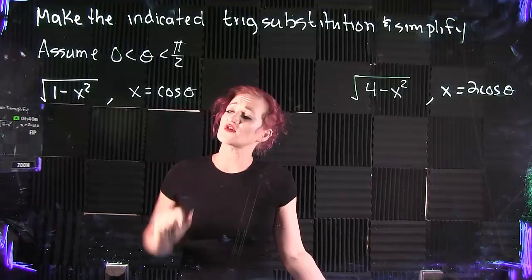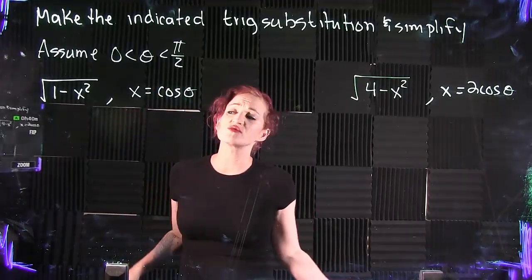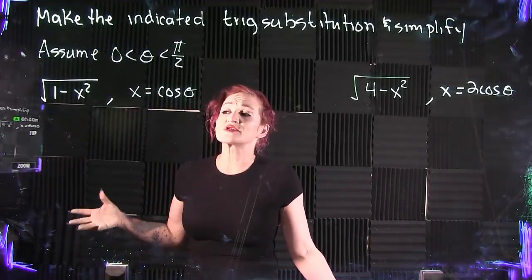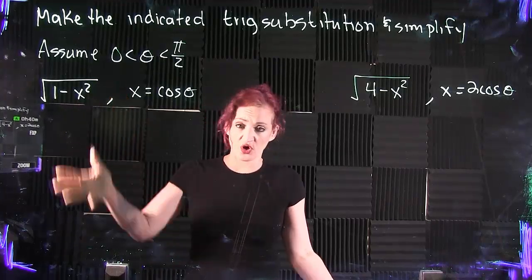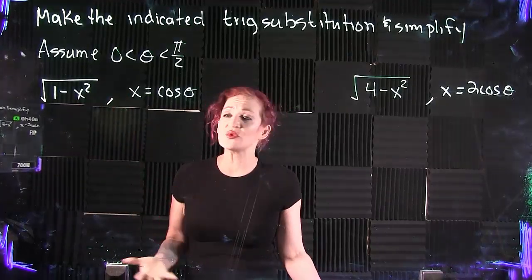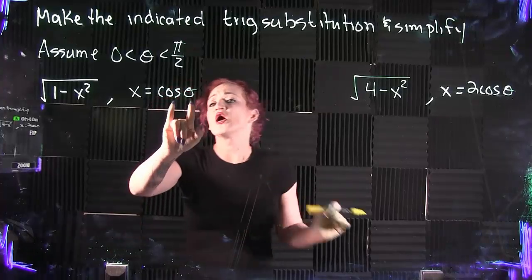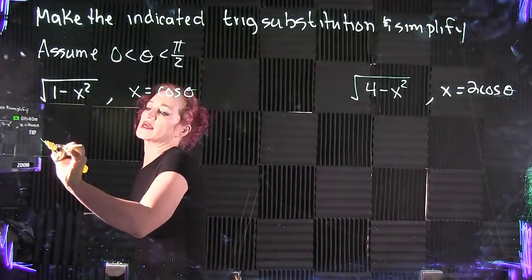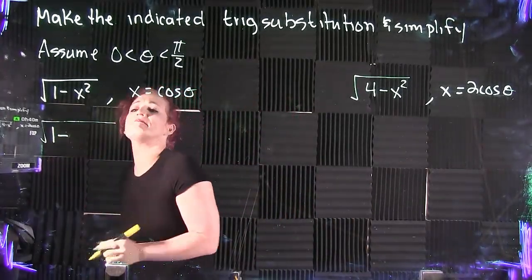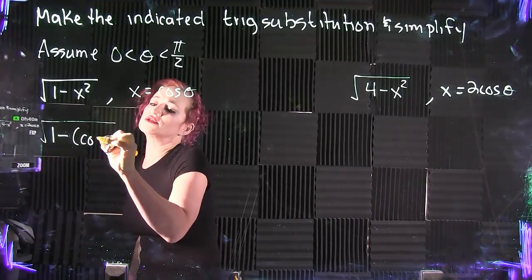So for the first example, we're given that we have the square root of 1 minus x squared, and we're told to substitute x for cosine theta. Alright, so let's do exactly that. Let's plug in cosine theta directly into x. So this is going to look like the square root of 1 minus our x, which is cosine theta, and that